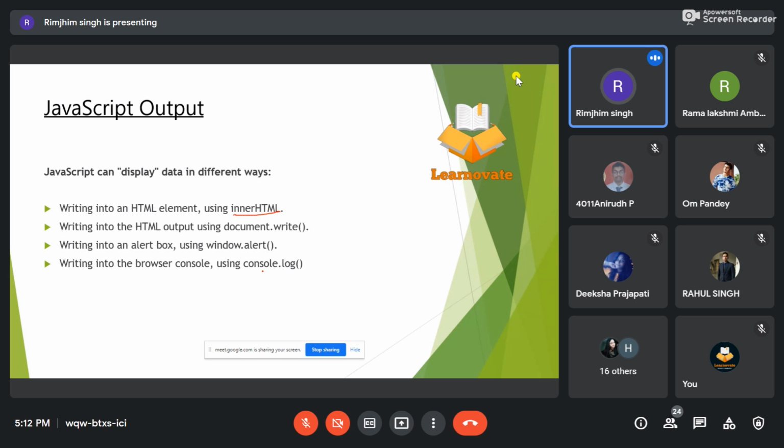Whenever I want to write into an HTML element I use innerHTML, or for writing into the HTML output I use document.write, or whenever I want my output to be a pop-up, in that case I'll be using window.alert. Or else if I want my output in the browser console, in that case I'll be using console.log. So these are some of the output printing statements in JavaScript.